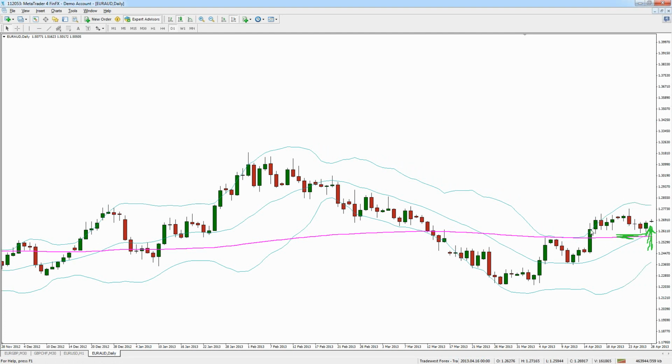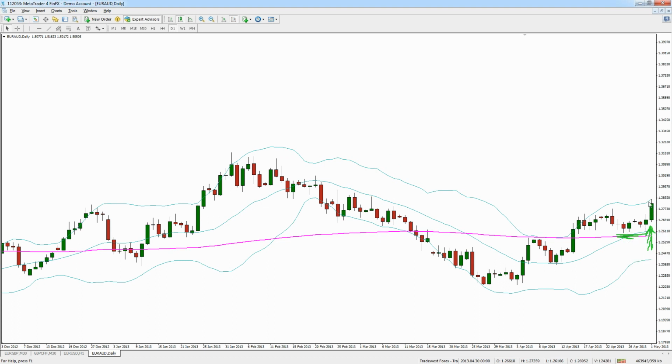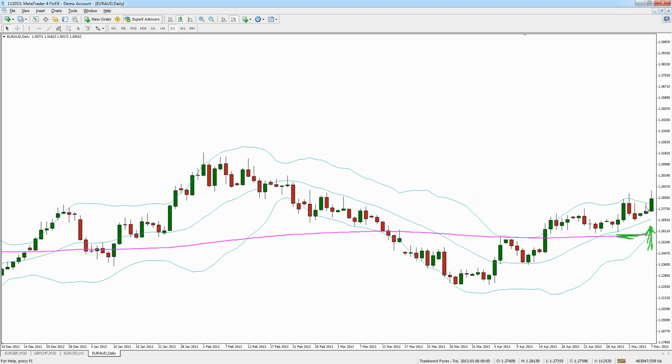Okay, then it kind of tested sideways for a bit, consolidated, and then it shot up to the Bollinger Band again. Didn't close outside. Here we closed outside again. So if we were already long, we might add to our position here. Scale in. You can go back on the blog and review the scaling in strategy that I've taught to see how to do this, how you can scale into trades and kind of better manage your risk through scaling in